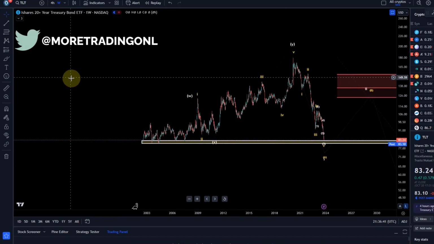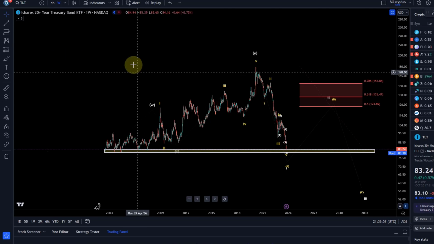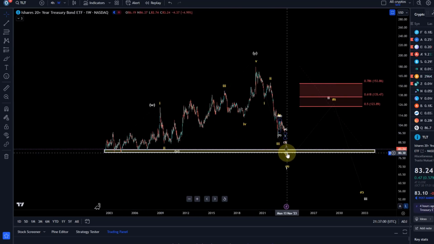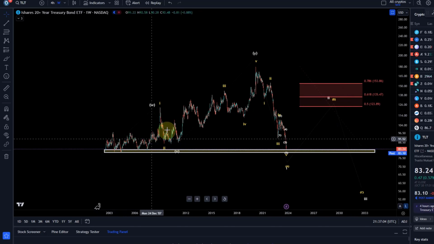That's the iShares 20 plus year Treasury bond ETF, and quite a popular one to look at. It is basically back to nearly all-time lows. It's at a very important line to hold. I think it's a pretty obvious line to expect a bounce at, especially as we had quite a decent rally